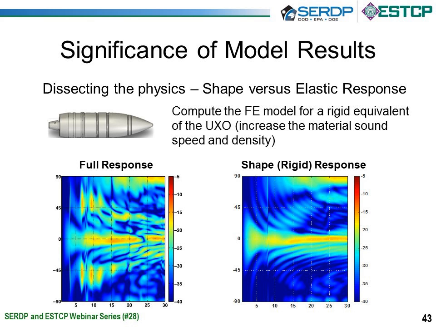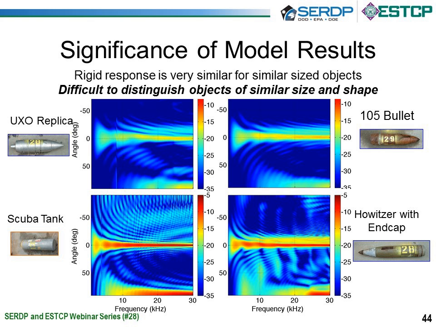Now what does this give us? Well, because oftentimes the backscattering from the surface can be very strong, we can learn various things about target features just from the shape. So for example, when you see the scuba tanks and the howitzers at the bottom, the broadside backscattering response is very narrow. This is because the width of that peak is related to the width of the object itself. However, if you look at the top two targets, they're very similar from a shape standpoint, and it may be virtually impossible to discriminate between these targets.